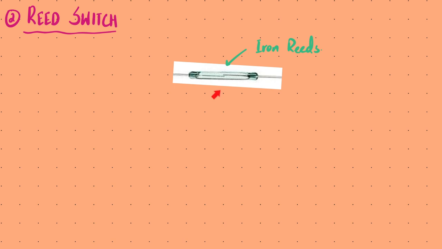And the idea of the reed switch is actually very similar to the idea of a relay. So this is basically what the reed switch is, and each of these parts, which are now slightly apart, are basically what are called the iron reeds. Because these are made of iron, whenever a magnetic field is here, it's going to induce magnetism in both of these, and the magnetism will be such that it would make the reeds come together, and this could then be used to switch on some